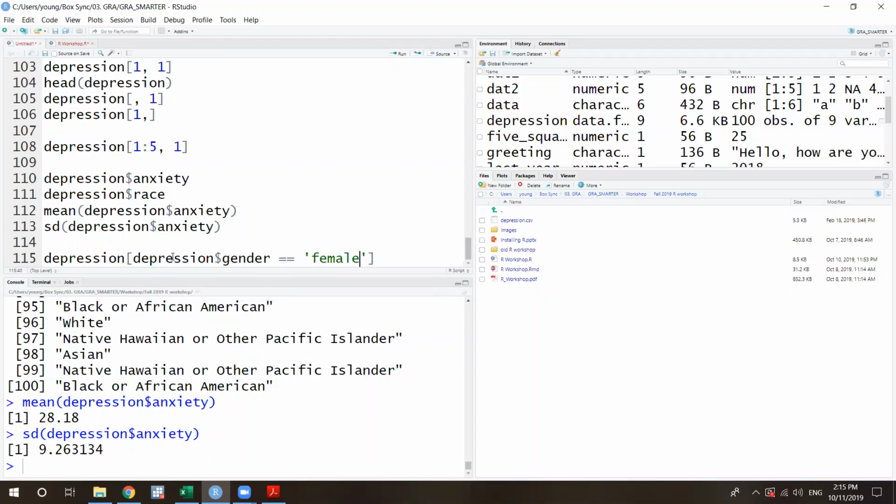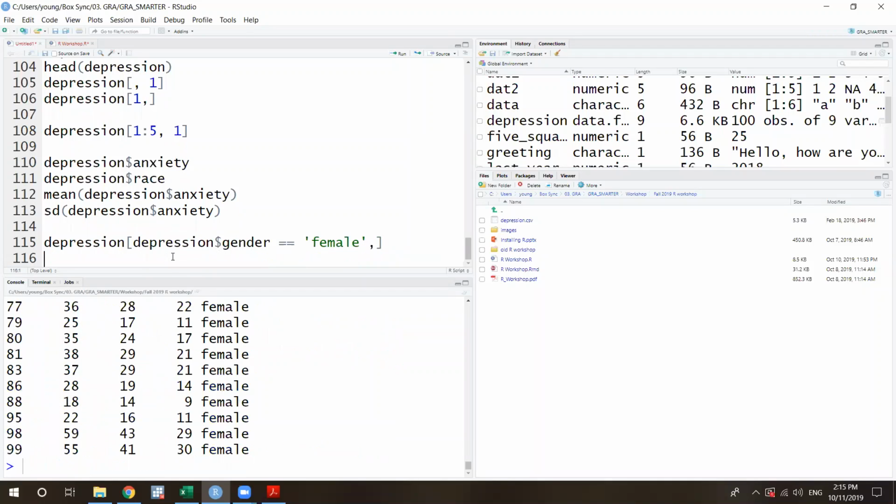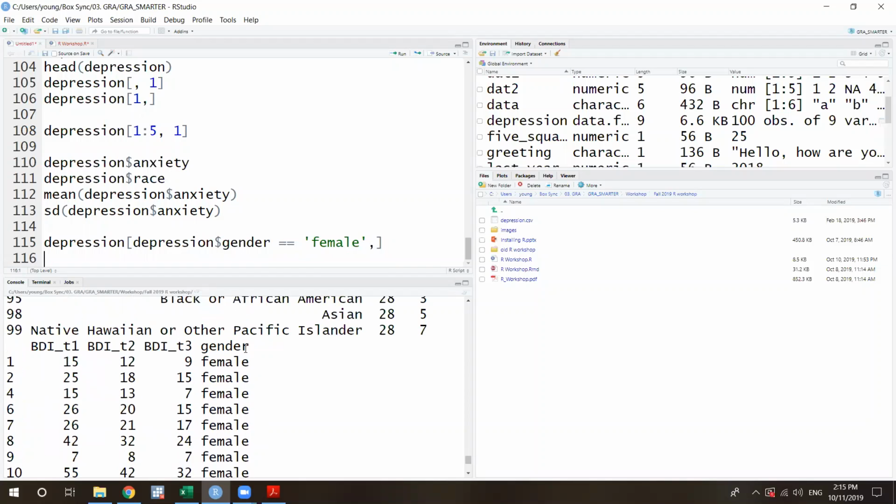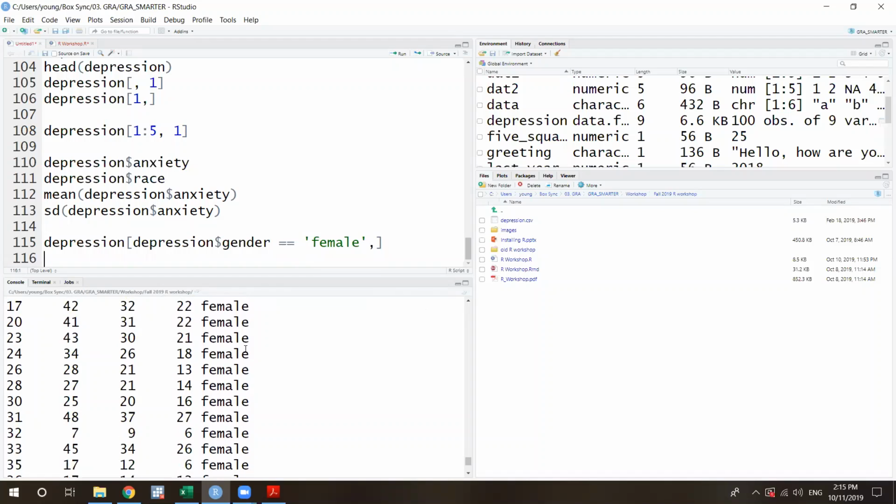It doesn't matter whether you put quotation marks or this sign here, it's gonna be the same. And then you should put a comma here because this represents the row. If you run this part, it will give you the data for only the female. You can see the gender is all female right now.